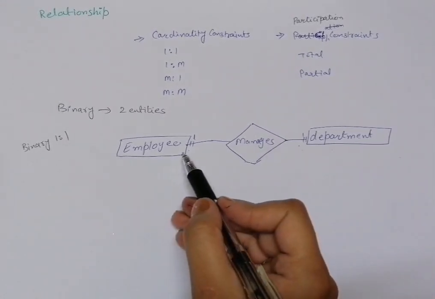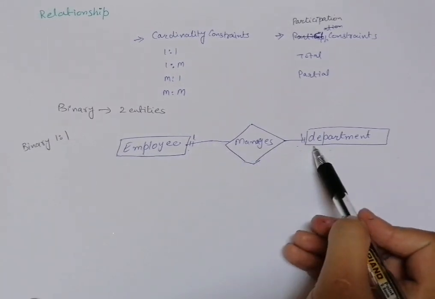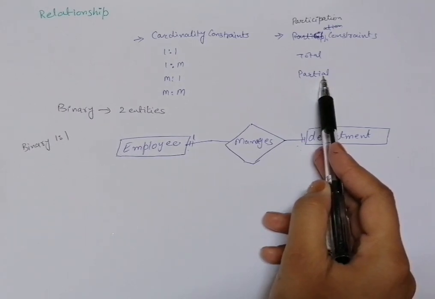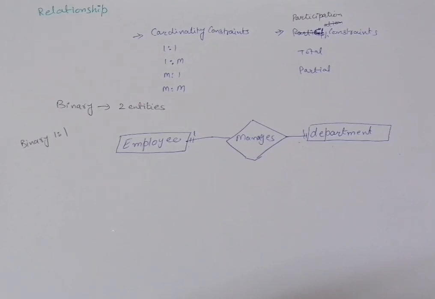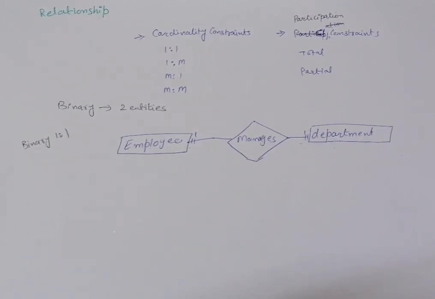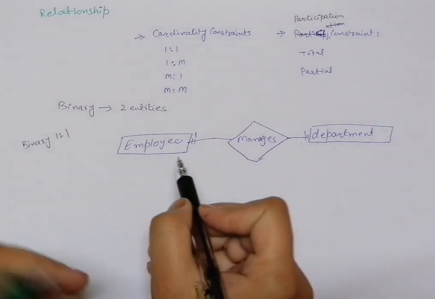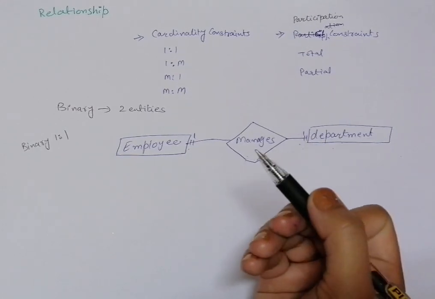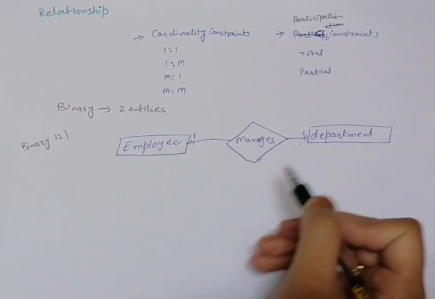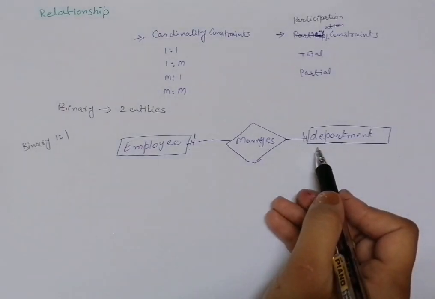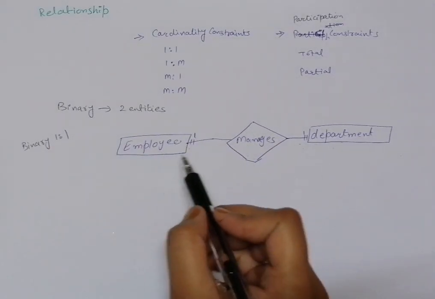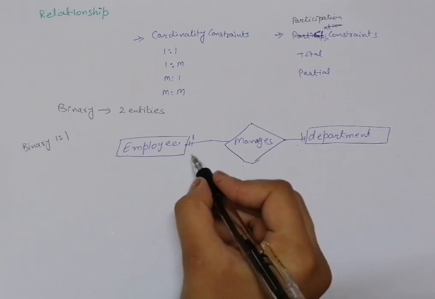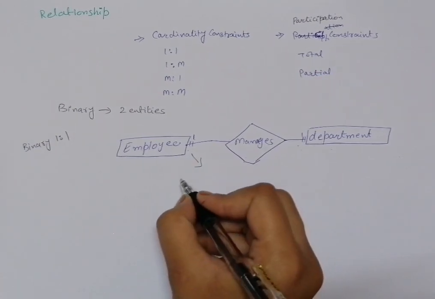So employee manages department. When we look at the employee table, since we have the same cardinality constraint, we will look for the participation constraint, and for that we have to look at the instances that are participating in this particular relationship. So when we talk about the employee, not all employees are managers of a department. Only one person is managing a department. Or if there are three departments, for example, in a particular organization, then only three employees will be managing a department. So not all the instances of employee are participating. So here our participation constraint is partial.